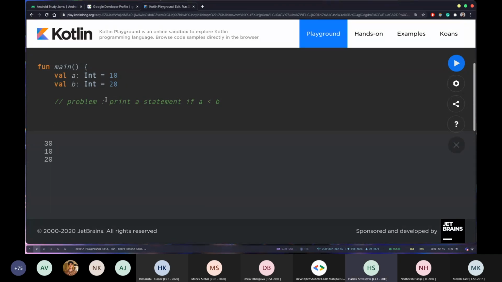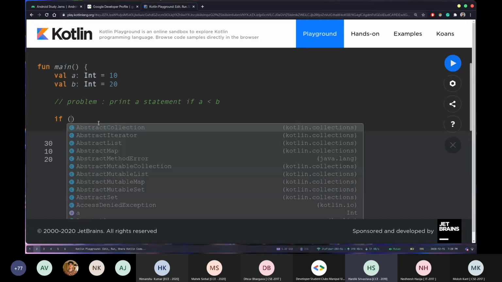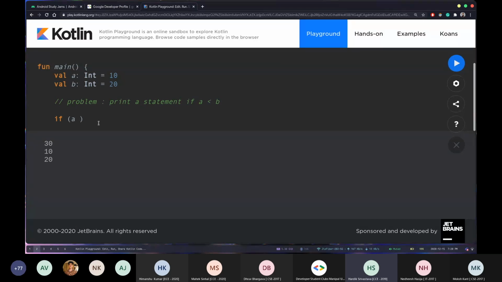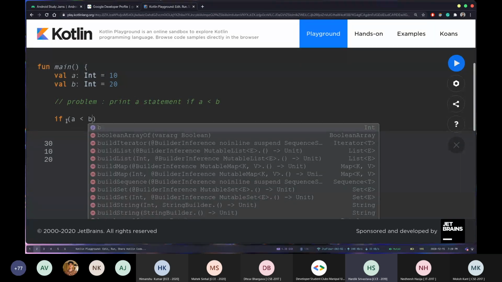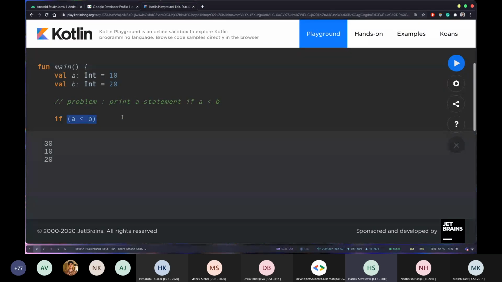So I'll write if, and inside these brackets I'll write my expression, a less than b. So what I wrote is the expression which I wanted to check whether it is going to be